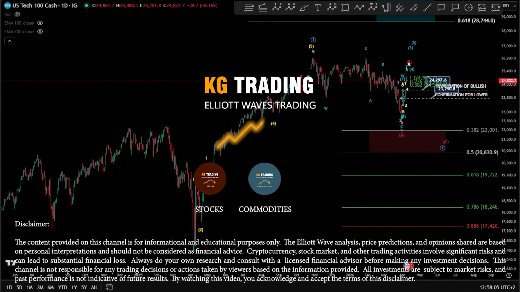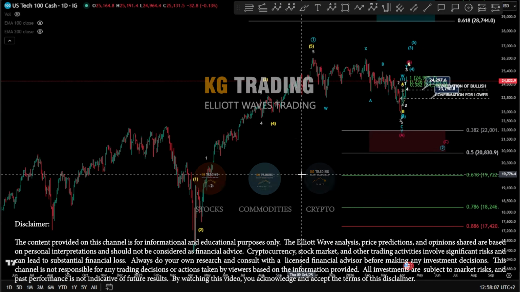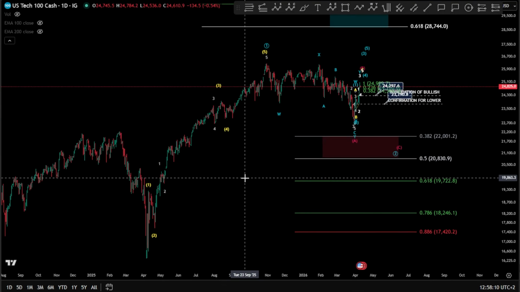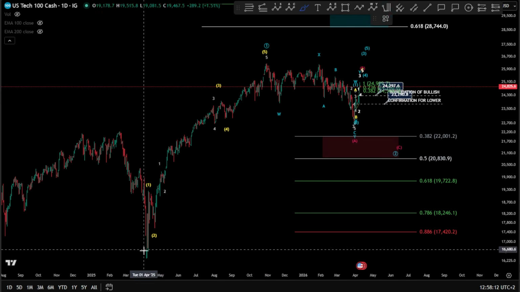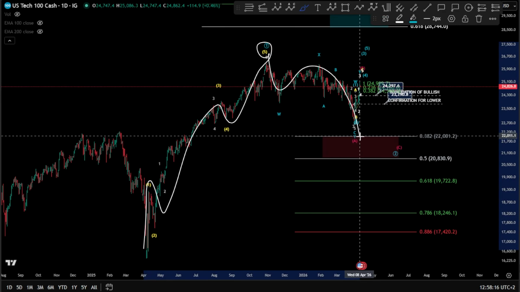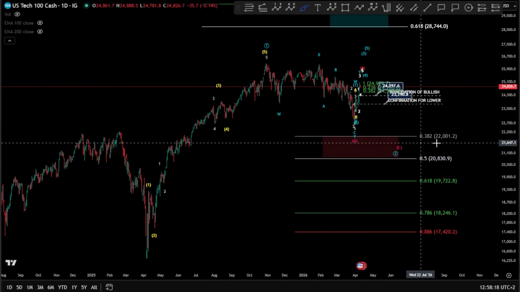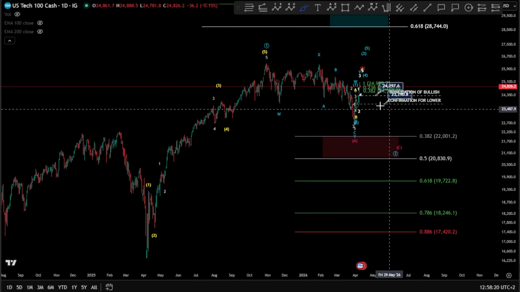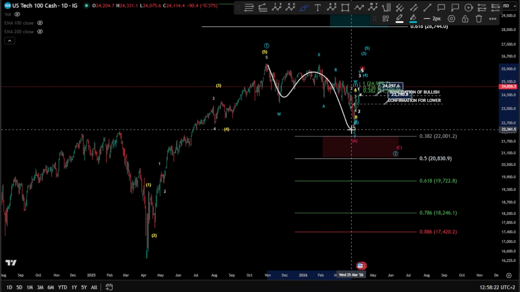Hello everyone. Let's dive into the US stock indices, starting with NASDAQ on the daily as usual, where we have our impulse 1, 2, 3, 4, 5, finished wave 1 here. We are looking for a potential wave 2, 0.382 at 2K, a very psychological number that it might hit here. Of course, we need three waves there as a correction, which we got already